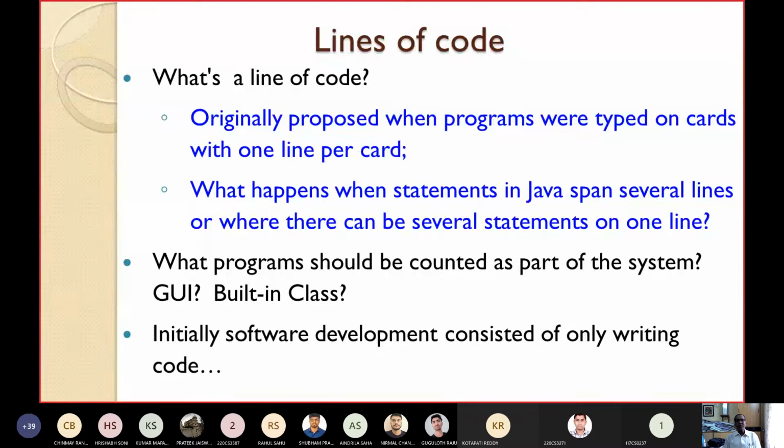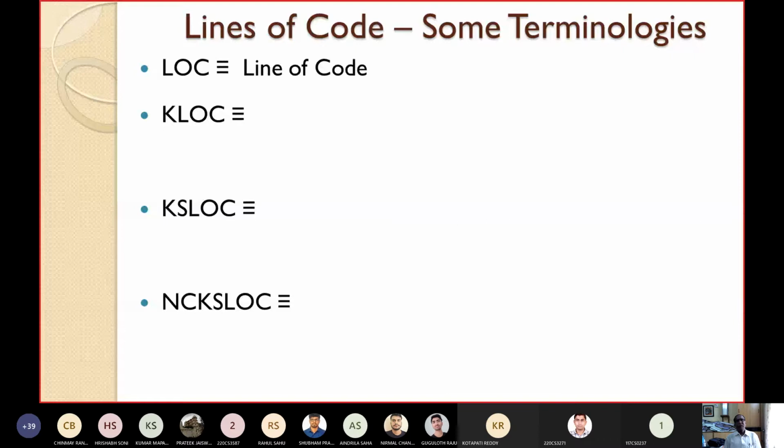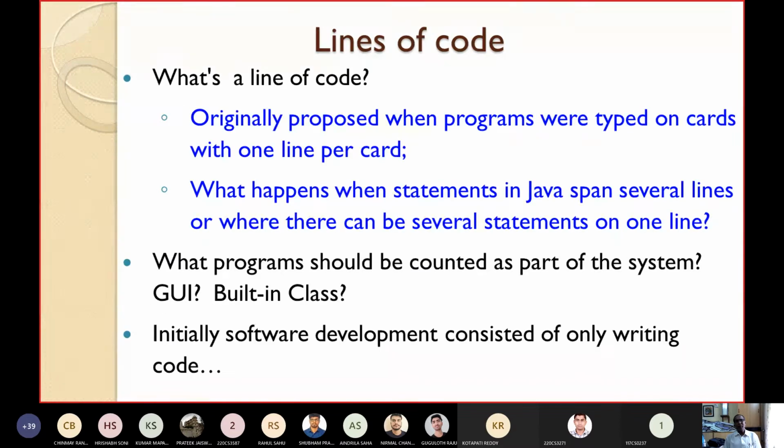Initially, software development consisted of only writing code, isn't it? Previously, when you said software development, it referred to writing the code only. And in traditional programs there was very little GUI, they were almost command driven, with very poor GUI and almost no user built-in classes.